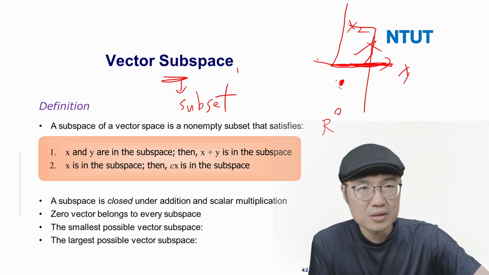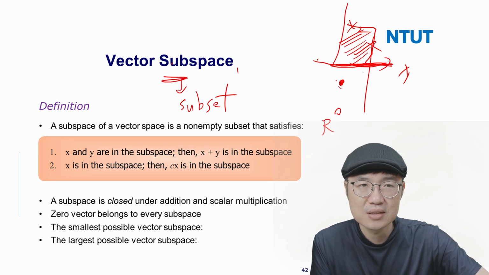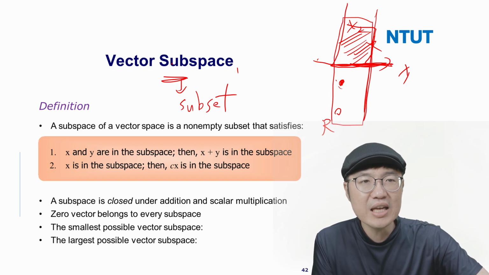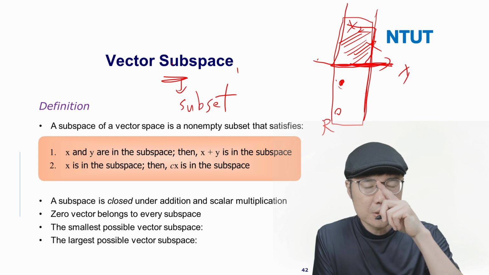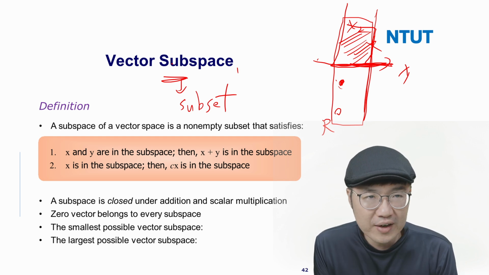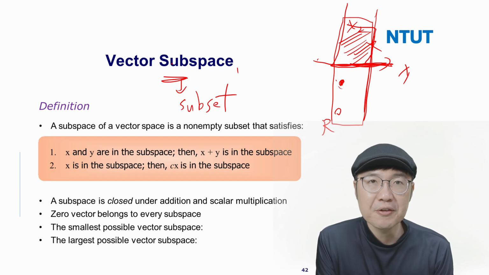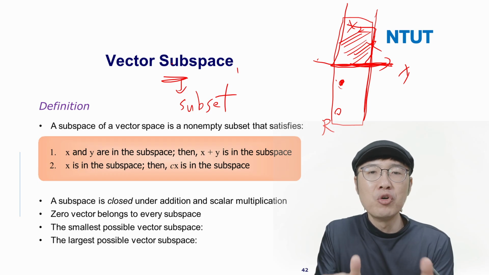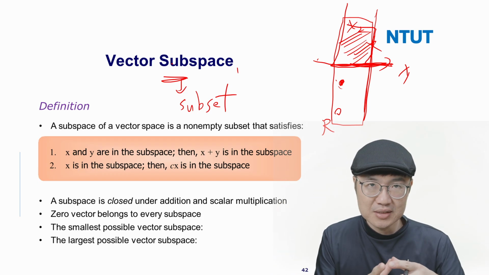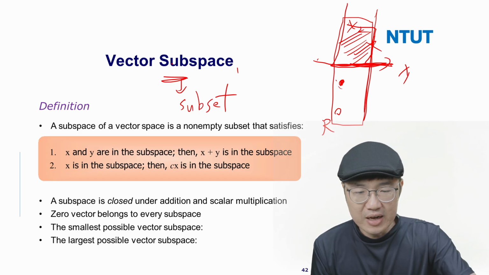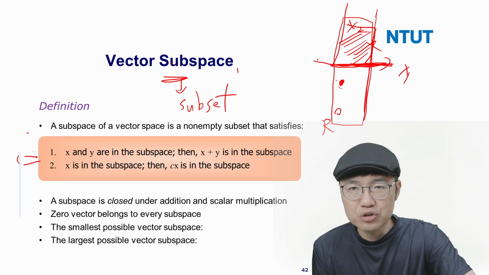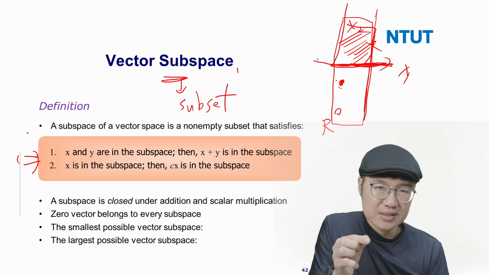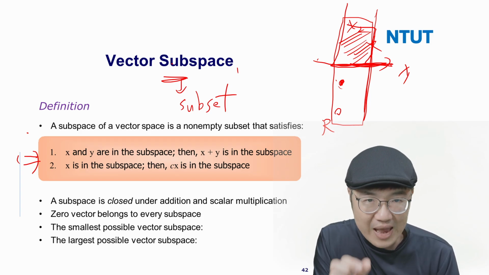The second quadrant is also a subset. This half plane, the negative half plane regarding x1, is also a subset. All of these are subsets, but only a few can be called a subspace. Because if vectors form a subspace inside a space, which is more than a subset, they have to fulfill two definitions here. The first definition is that if x and y are in the subspace, then x plus y must